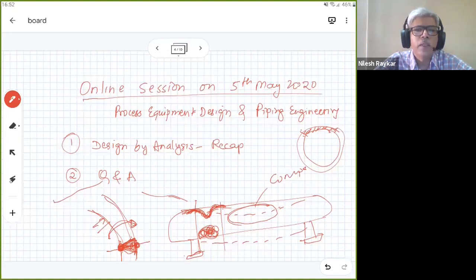Like for fatigue failure, you will check the peak stress. Peak stress is a localized stress, so it occurs only at one particular point. The local failure check does something similar to that. But for fatigue analysis, peak stress, as a concept, is related to the life, the highest stress level which occurs there. Whereas the local stress has some other theoretical basis, which I will find out and put on our classroom.